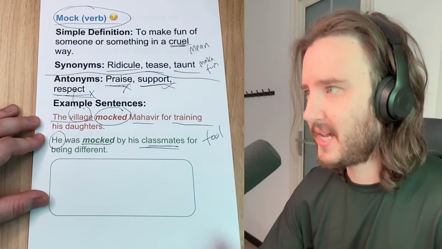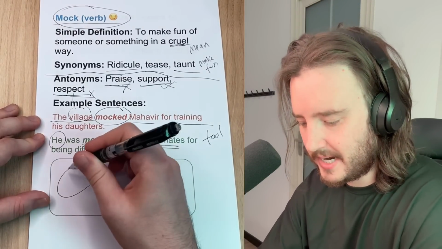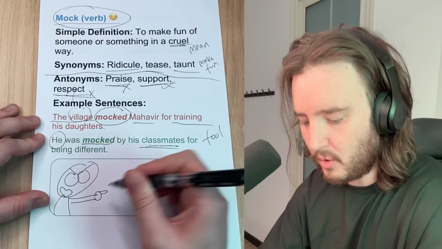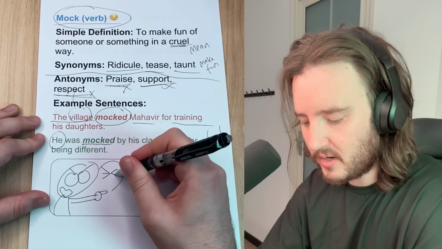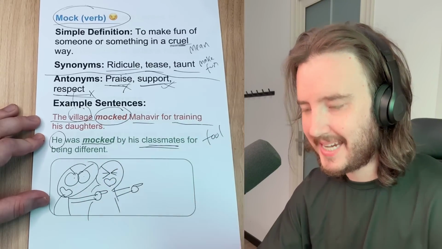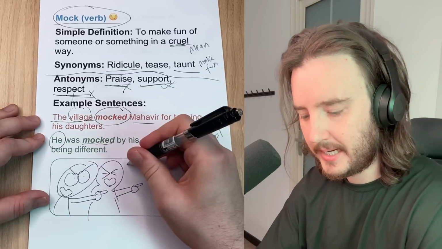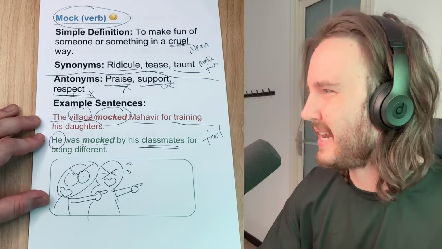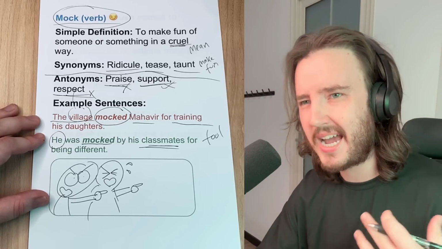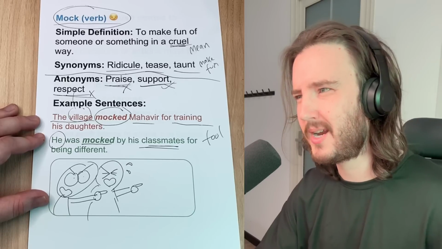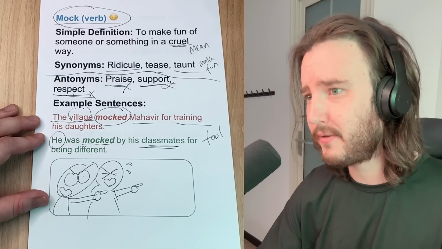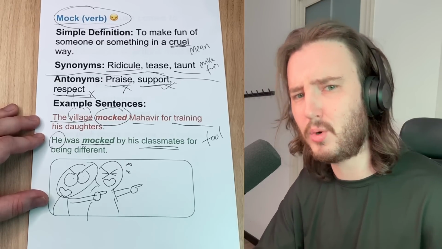Okay, and in fact, I think that is the picture I would like to draw today. I'm going to draw some really mean-looking classmates. They're laughing and they're pointing. There's one. Here's another one laughing and pointing, not in a fun way, but in a very mean-spirited way. Mean-spirited. That means your heart is not in the right place. Your thoughts, your actions, your intentions are not in the right place. You are doing it not to have fun. You're laughing not out of a place of fun, but coming from a place of cruelty, right?